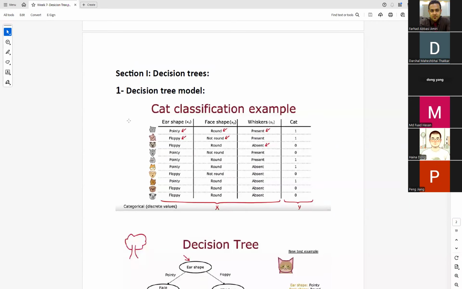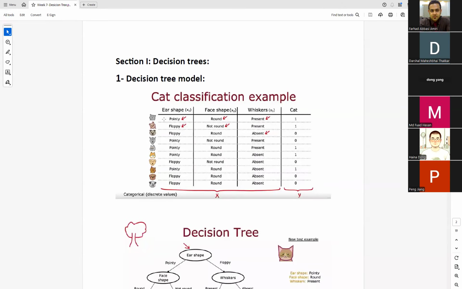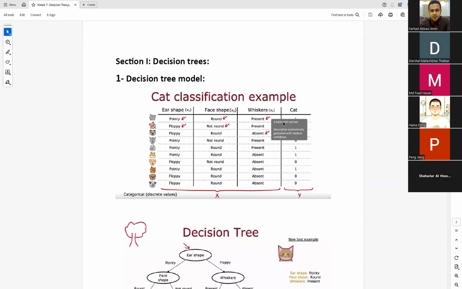So let's say that we have this data table, a cat classification example. As you can see, we have 10 training examples or 10 rows. And then we have 3 features, X1, X2, and X3. The first feature, X1, is ear shape, the second is face shape, and the third is whisker shape. And the last column, which is our target, shows that the image is cat, referred to as 1, or not cat,